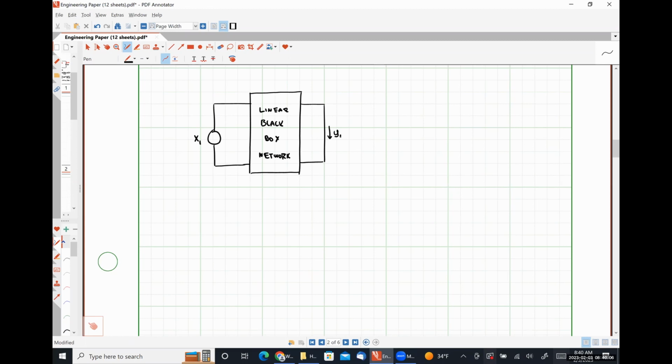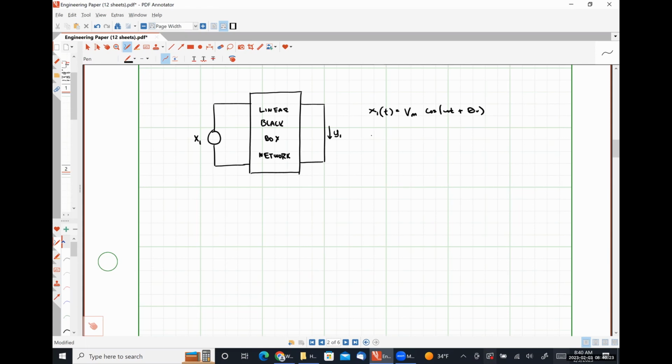We should expect that if X1 of t is of the form Vm cosine omega t plus theta v,